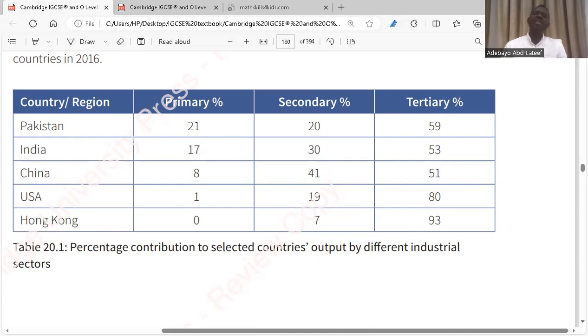That is the point. Then the tertiary sector, we have US and Hong Kong as the highest. So this shows how developed these countries are. So the largest proportion of employment in the tertiary sector is between USA and Hong Kong. So that means USA and Hong Kong are definitely more developed than the other countries mentioned in this table. Is it clear? Yes.